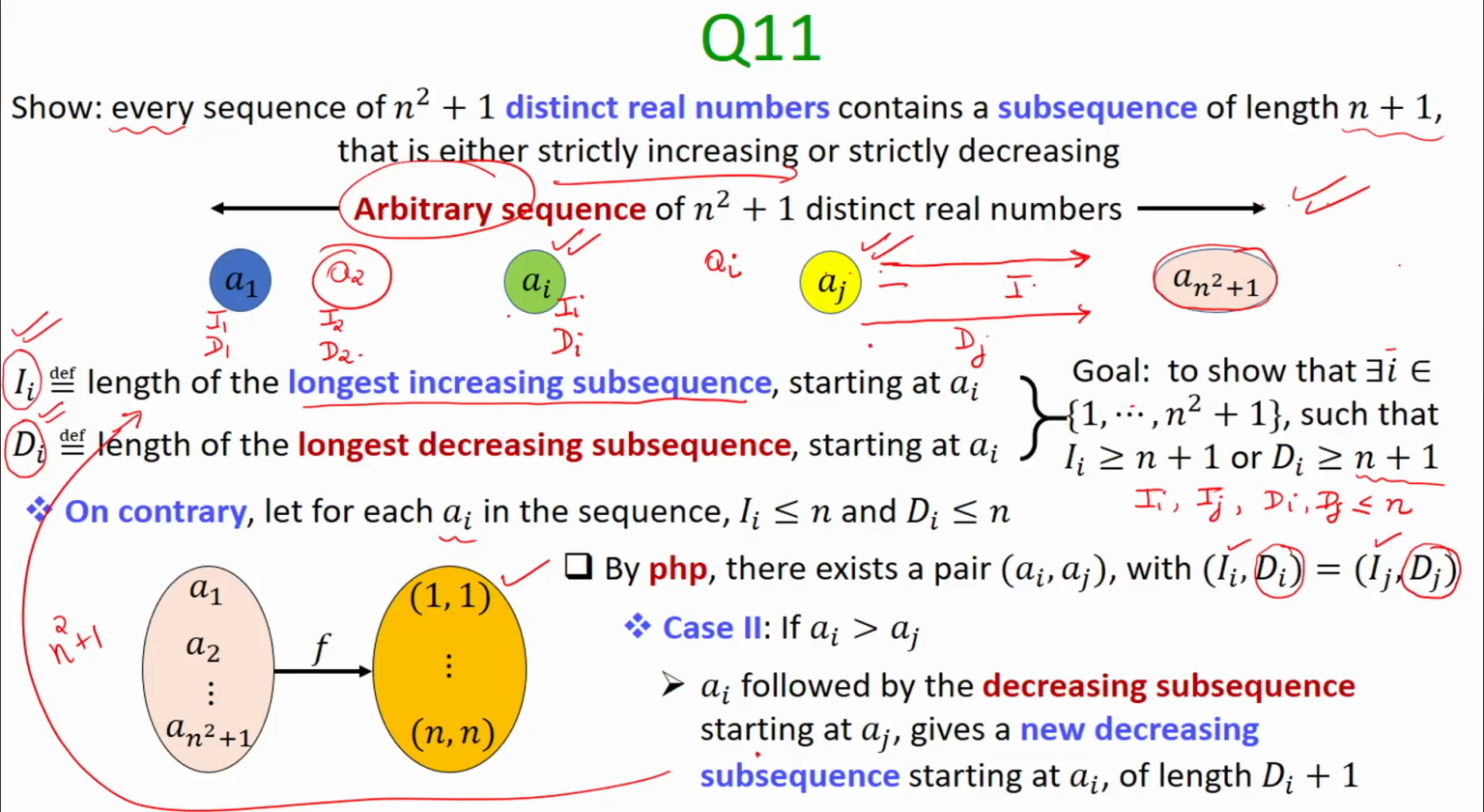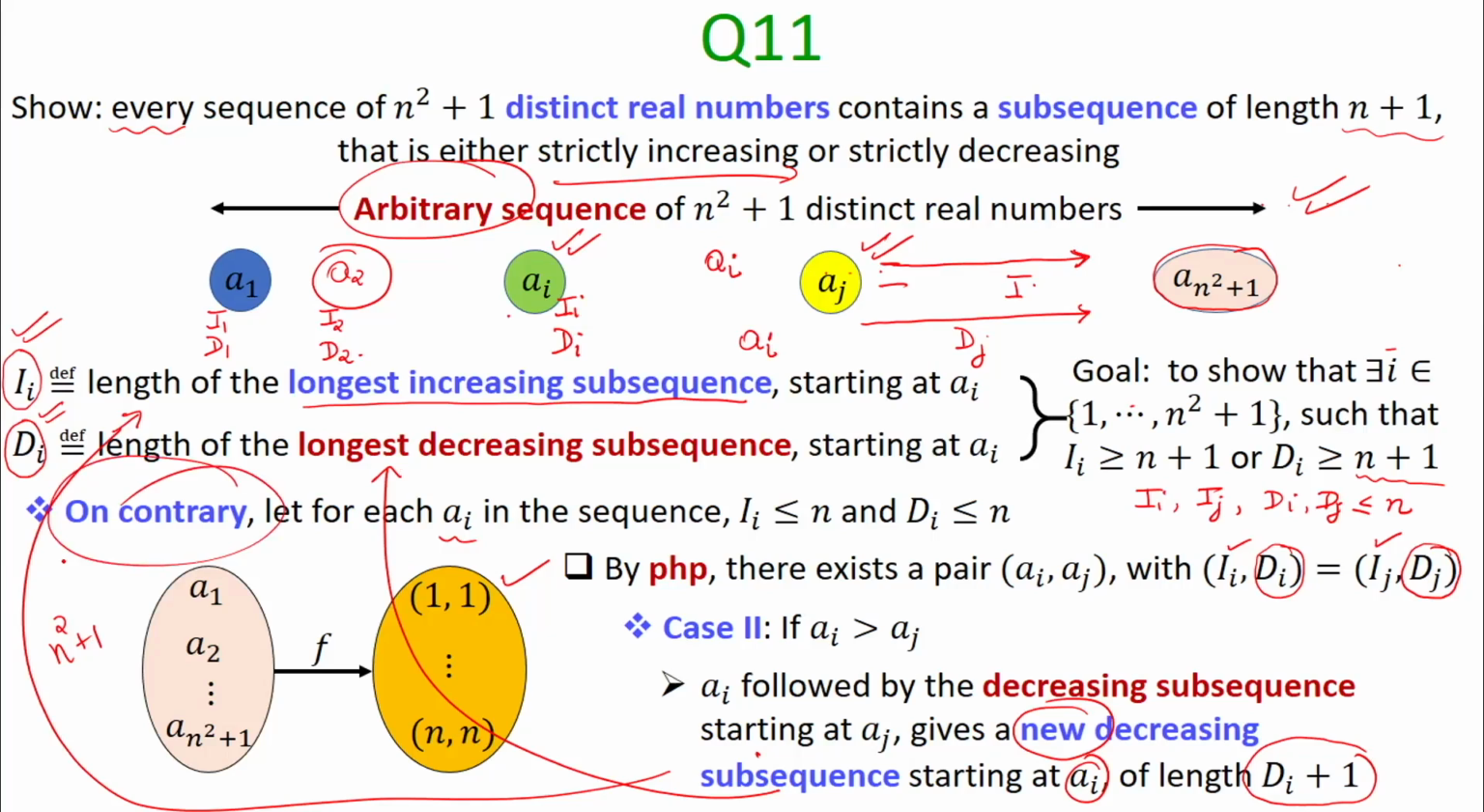My claim is that if you take that subsequence and put a_i at the beginning, then that now gives me a new decreasing subsequence starting at a_i, and the length of this new decreasing subsequence is d_i + 1, which now goes against the assumption that the length of the longest decreasing subsequence starting at a_i was d_i. That means in both the cases I arrived at a contradiction, and that shows that whatever I